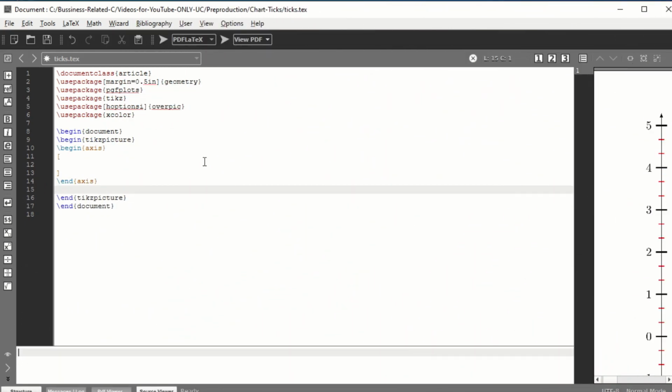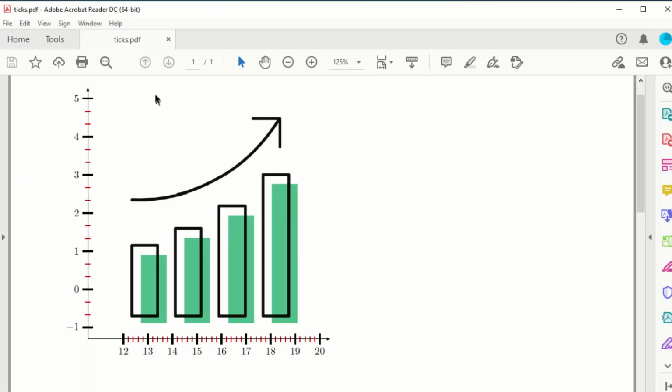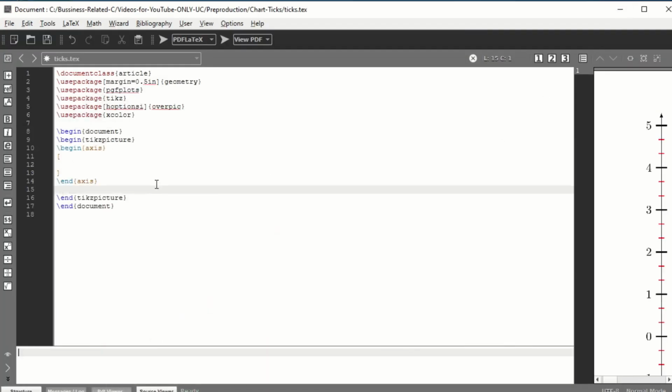And now this is my LaTeX document, and if you are new to LaTeX, I will put another video at the end of this video on how you can install LaTeX and how you can get started. It will take you about 40 minutes to install this LaTeX editor and also MiKTeX, which is the LaTeX engine. And the third thing you need is Acrobat Reader or any PDF viewer. So once you have installed these 3 things, then you can work on LaTeX. And then you have to simply type a few things which I am going to explain to you.